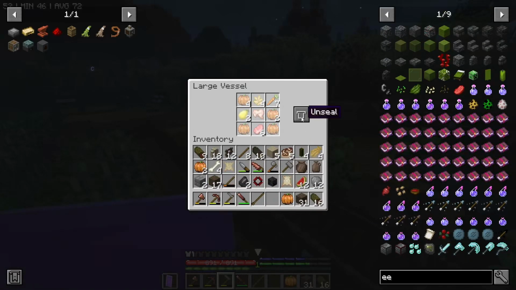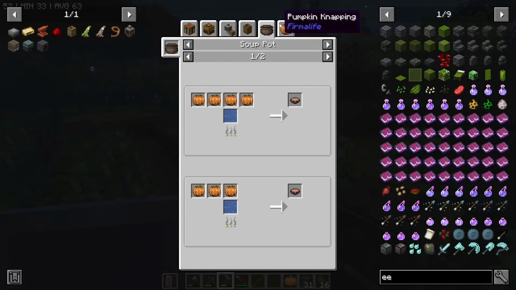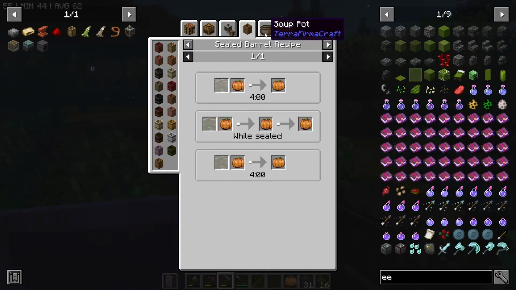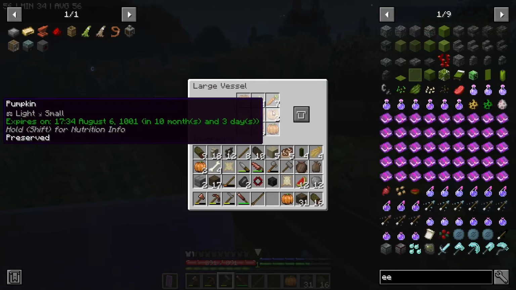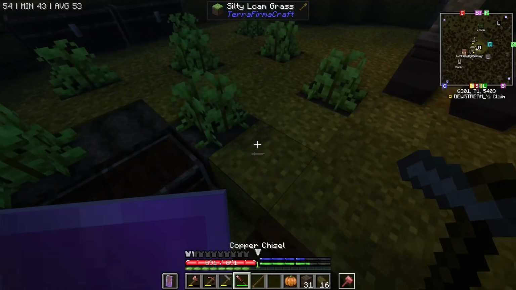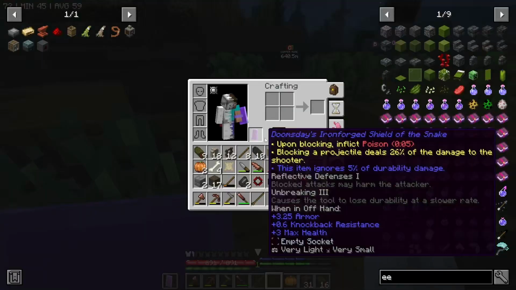What should I do with all these pumpkins? Like, genuinely, what should I do? Should I be turning them into stew and then storing the stew? I'm annoyed that they don't stack. I guess that's the beauty of making a food shelf, right? And I'm guessing if I make a new...